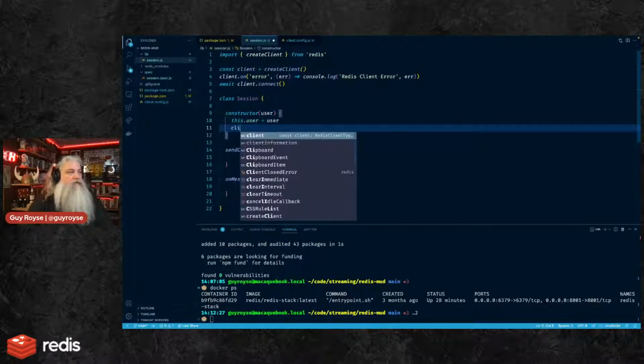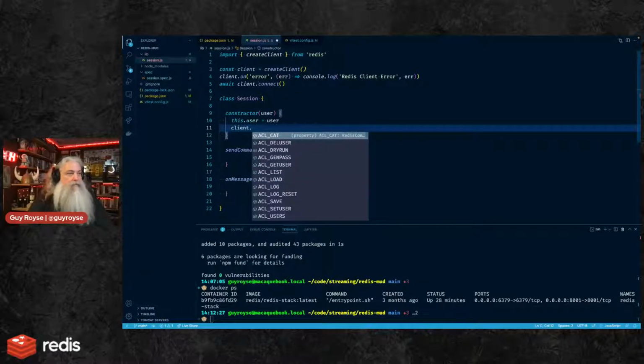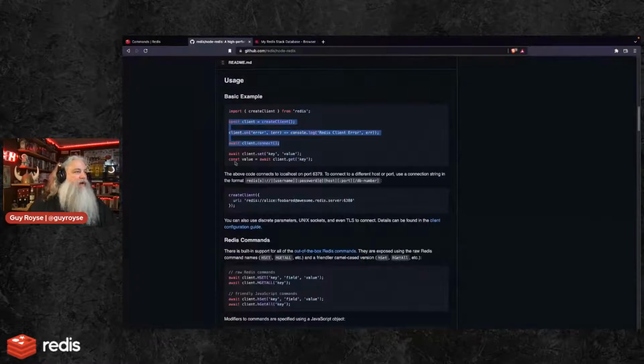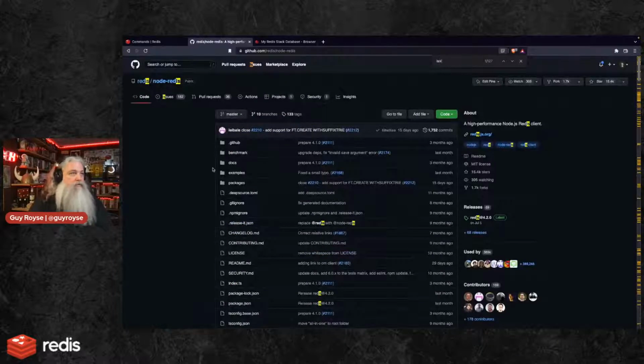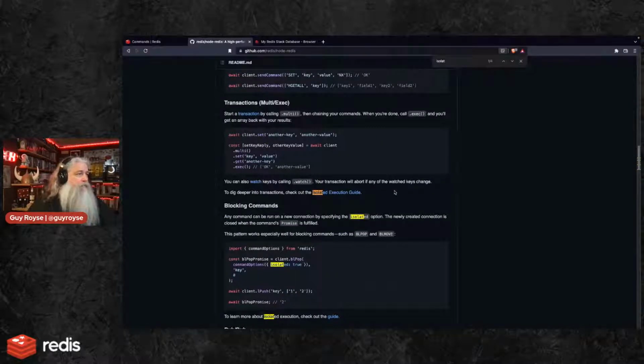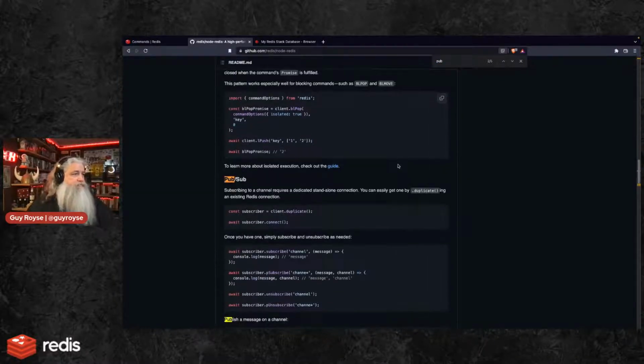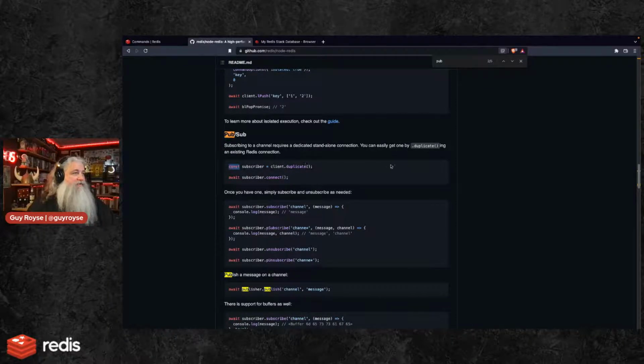So I believe I can say client dot... what is it? Where's Label A when I need them? There's a command in Node Redis that will get you an isolated connection, or get you another connection. Let's look at PubSub. I think there's a section in PubSub on here. PubSub, here it is. Duplicate. Call it duplicate and then connect. That'll do the trick.